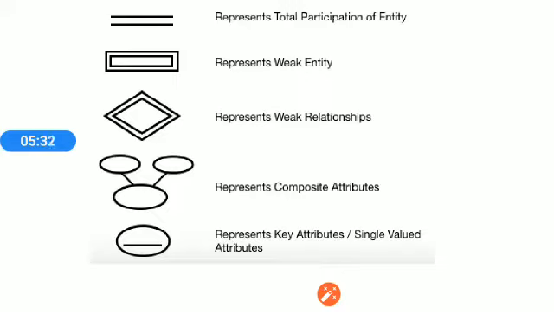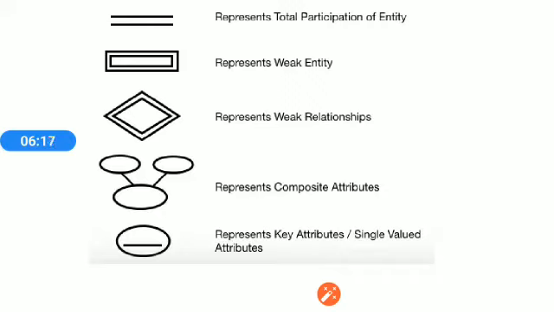For example, a person's name. Person is the entity, name is the attribute, but this name also has multiple attributes. Our name can be divided into three parts: first name, middle name and last name. So this name attribute can be indicated by a composite attribute. Similarly, our date of birth can also be a composite attribute, because date of birth can be represented in terms of month, day and year.